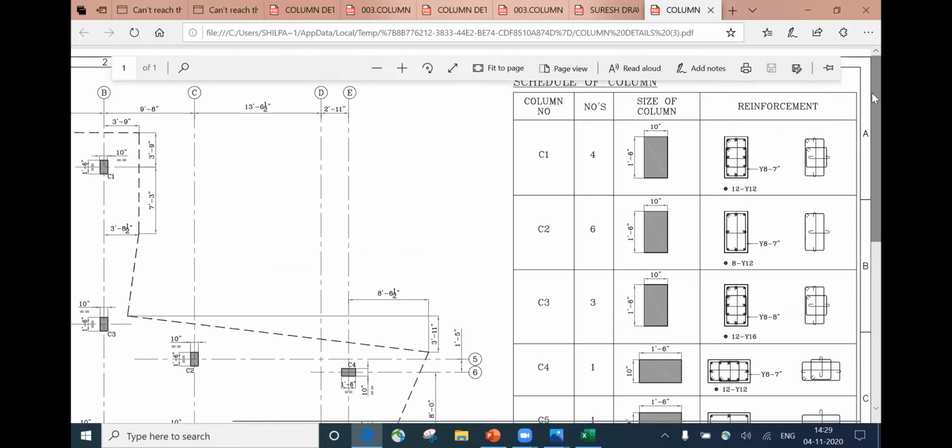So far we have understood a simple plan. Now we'll try to understand this. So try to concentrate on this now. So what is written here? Y of 12. So this is Y12. 12 stands for the diameter. Y stands for yield stress, or you can call it HYSD bar or yield stress of the bar. So you have to use a 12 diameter bar. So how many numbers do you have to provide? It's written here. You have to provide 12 numbers of the bar. That means you have to provide 12 bars of 12 diameter.